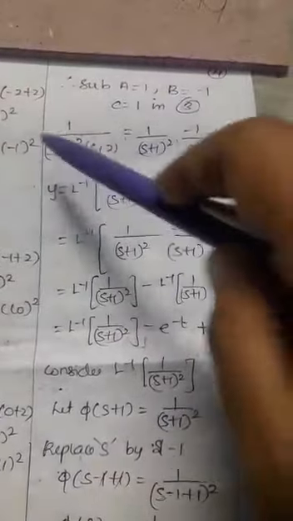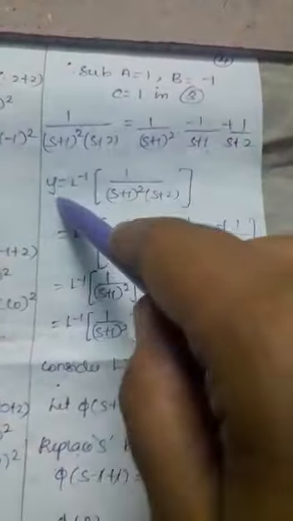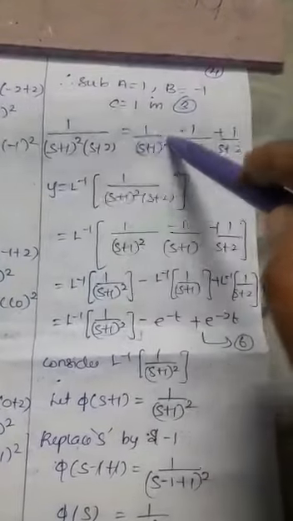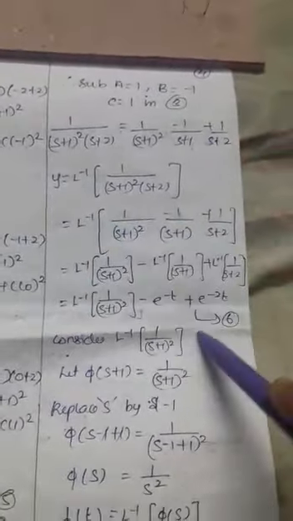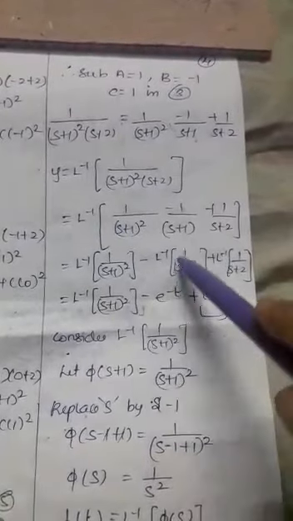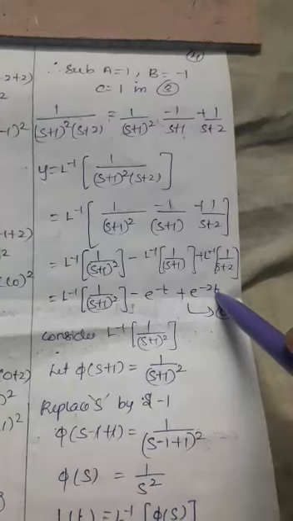After that, this is L of y, so I am bringing that L to this side, so it becomes y equal to L inverse of. So I am taking L inverse on this side also, the RHS. This is LHS, this is RHS. So I take L inverse separately inside. Now L inverse of 1 by s plus 1 the whole square. This we know, L inverse of 1 by s plus 1 is e power minus t. And for s plus 2 it is e power minus 2t.